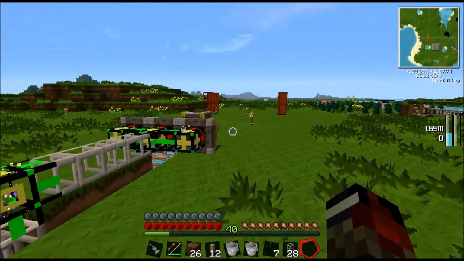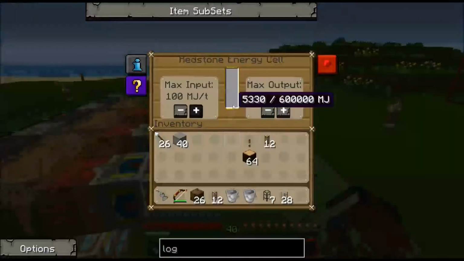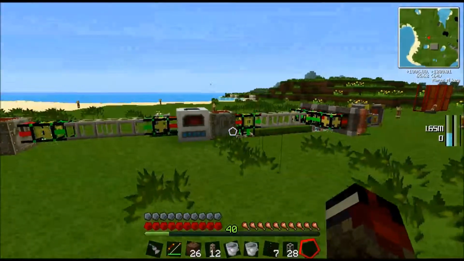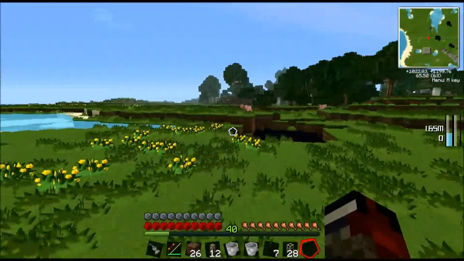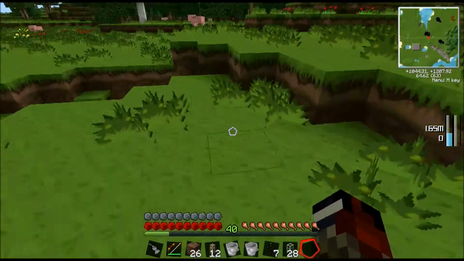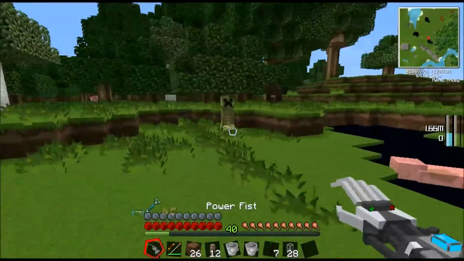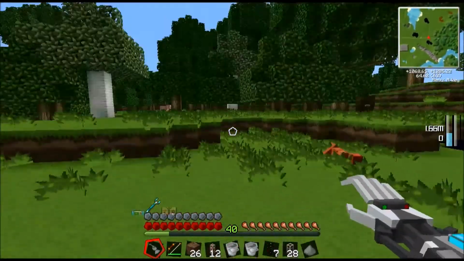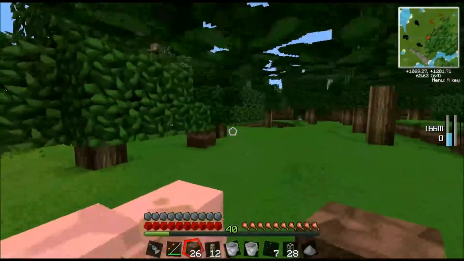What I was going to tell you guys is now that we've got this going, we need to let the system run so that eventually this will fill up in power. And what I'm going to do in the meantime is some beautification to the land around here. I want to get this area kind of terraformed so it's more workable. The other thing I need to do for some of the machines I'm going to be building later is find rubber. So I'm just going to do a quick run through this forest